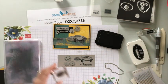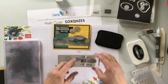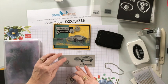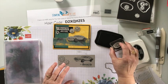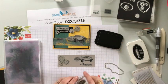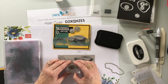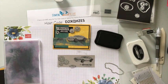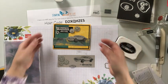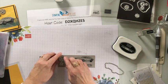And then on this one, I'm using just the word you from this sentiment. So I'm going to move my dies down to there, and I'm just going to ink the top portion of that stamp. And I'll put it over here. So I'm definitely going to cut that by hand. All right, so I've got my stamping done. I'm going to do my die cutting,